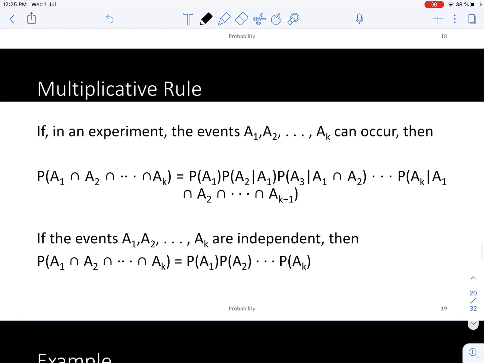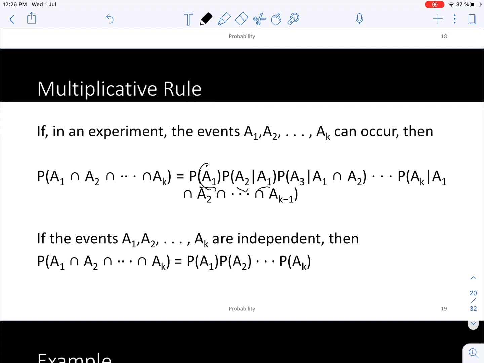Alright, so the multiplicative rule can be generalized. So far we have been using the multiplicative rule only for when we have 2 events, but it is possible to have up to k events. So if you want to compute the probability of A1 intersection A2 intersection up to intersection AK, then that's equal to the probability of the first event times the probability of the second event given the first one,